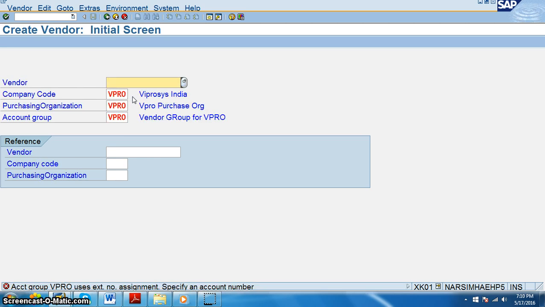Okay, external, so we say 1256 and say enter. We need to give the range, because that range is here, so we can say 3000000 and enter. We're creating a vendor here; 1 already exists.